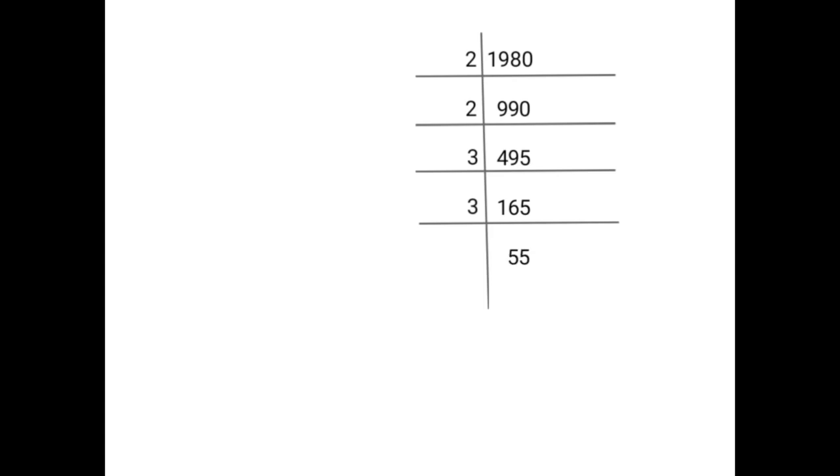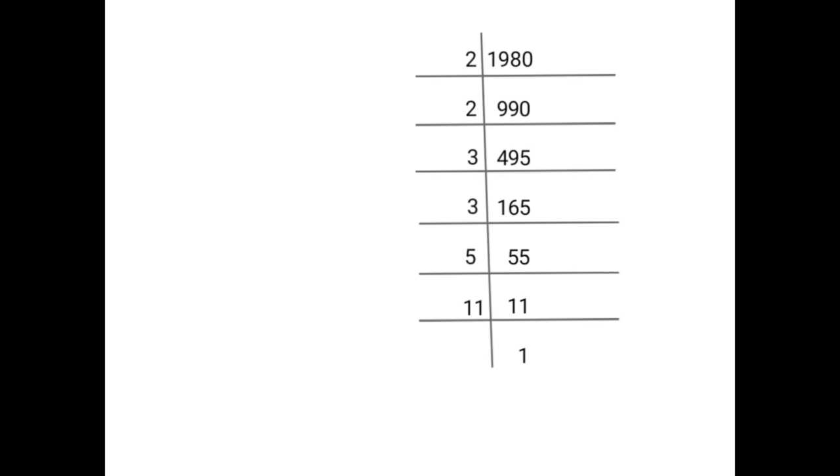3 55s are 165. The sum of the digits of the number 55 is 5 plus 5, that is 10. 10 is not divisible by 3. So this number is not divisible by 3. Then directly you have to take 5 table. 5 11s are 55. 11 is a prime number. So for a prime number you have to take the same divisor, that is 11. 11 ones are 11.